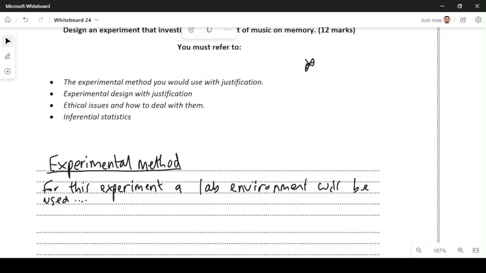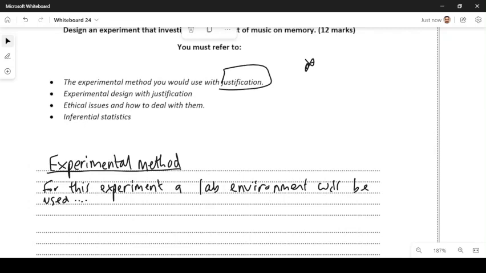And then you want to describe a little bit about that. So, this will be controlled. There will be a clear IV and DV. Then you need to justify why. Why have you chosen to do that? So, you could put something like the benefits of choosing this method would be